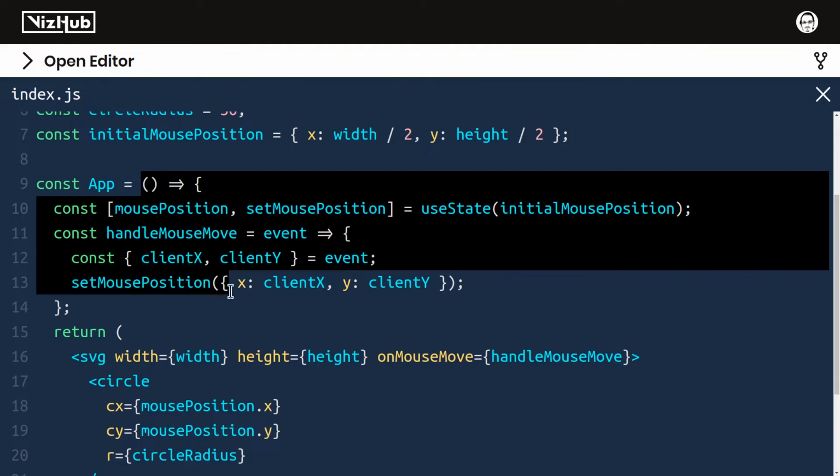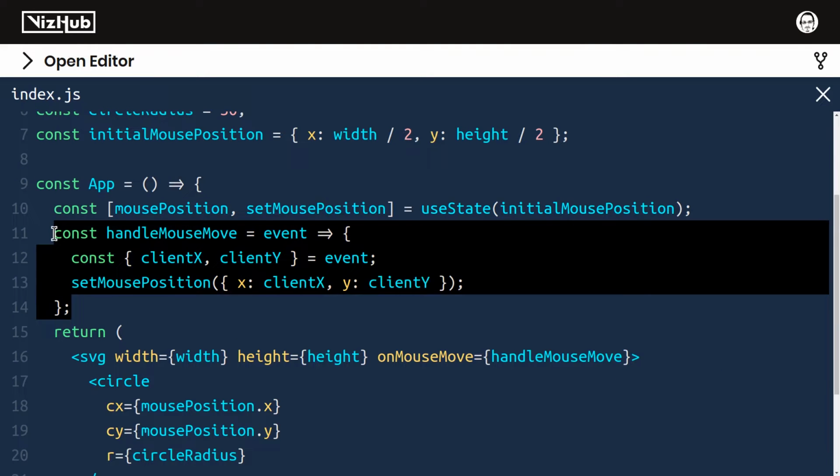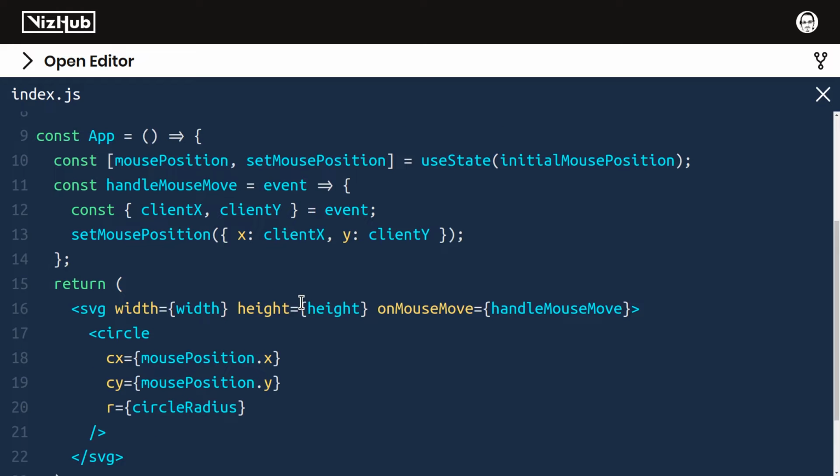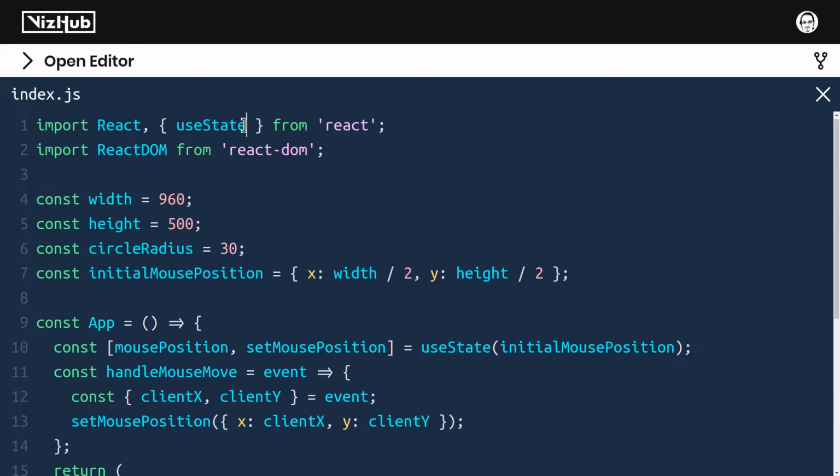Every time this component renders, this function is being set to a new function, a newly defined closure. That makes it so that each time it renders, the mouse move event listener is actually unregistering the old version of handle mouse move and registering the new version again and again and again. This is a place where the performance here can be optimized. We can eliminate some of that extra work that React is doing. The way that we can do this is use another hook from React called